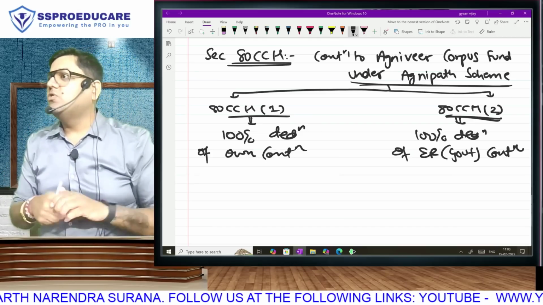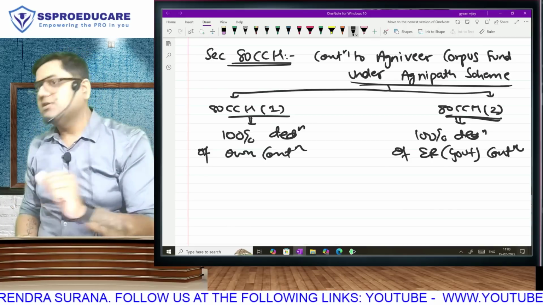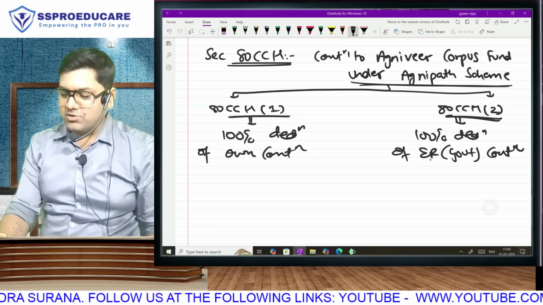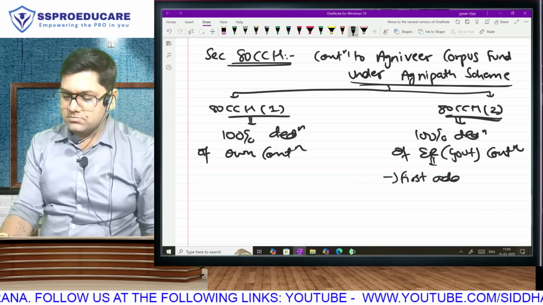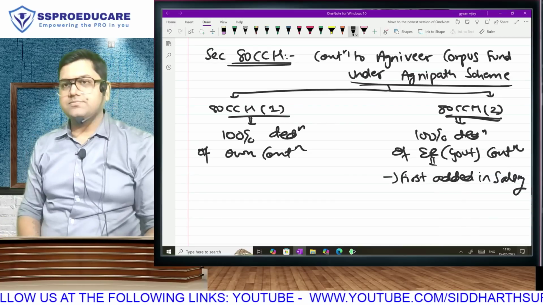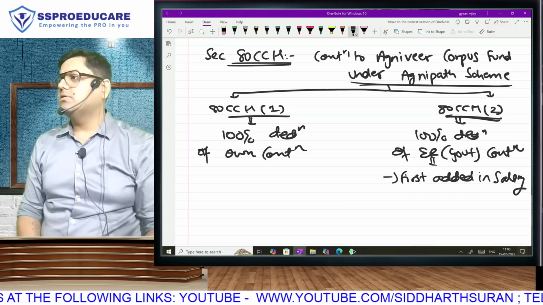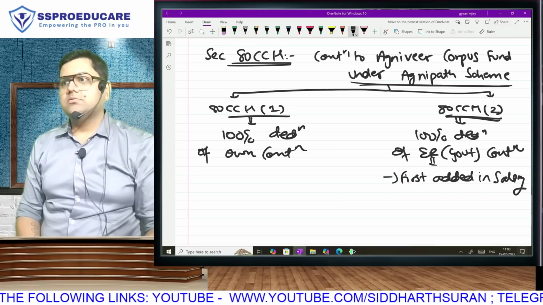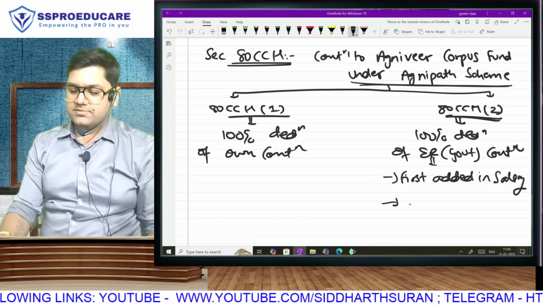NPS was same, no? Own contribution and employer contribution. But both were having limits. This is without any limit. But do you realize 2 things about this? Because is this over and above your salary? So yes, it is going to be first added in your salary. Make sense? Second,